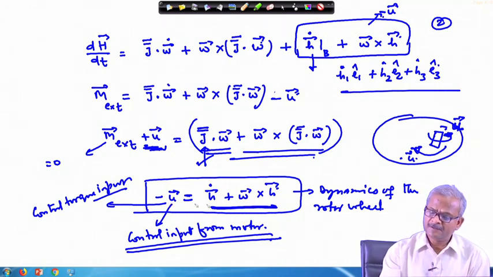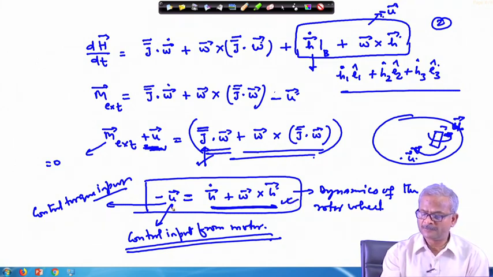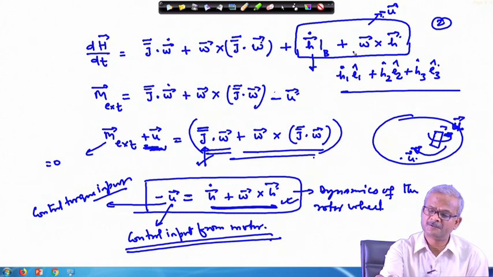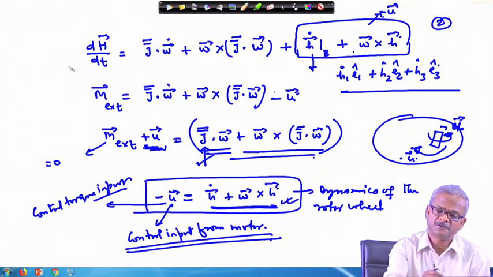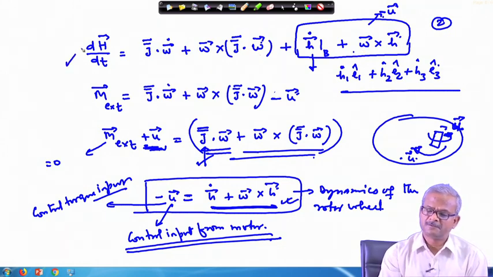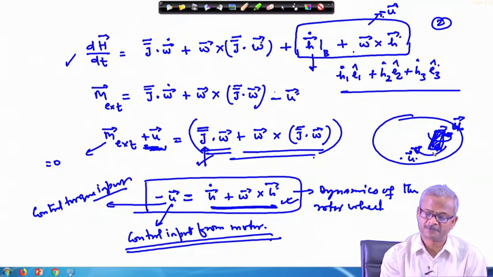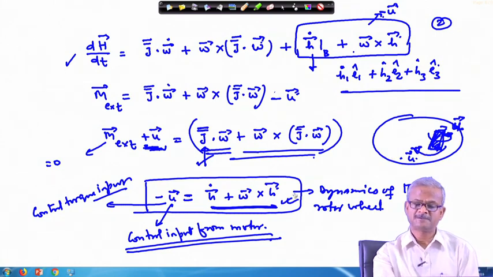So, by controlling your rotor, this is the control input or the torque applied to the rotor. So, if you apply this torque, the rotor will change like this, and the same torque will also be transferred in the opposite direction to the main body, which also includes your rotor, which is here in this place. This also includes the rotor. So, this way you will be able to control the attitude of the satellite.